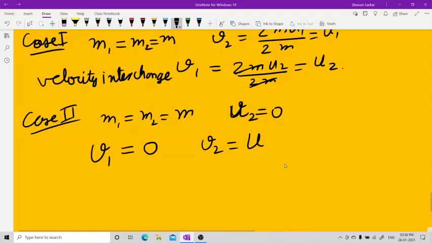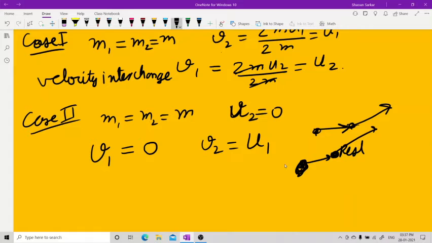So that means let us understand the situation. If a body is at rest and one body, both are of same mass, comes and hits the body, this body will now become at rest, the first body will, and the second body will move away. You have played snooker or billiard. Suppose this was the ball. This ball is at rest. This hits it. After hitting, this one comes to rest and this moves.